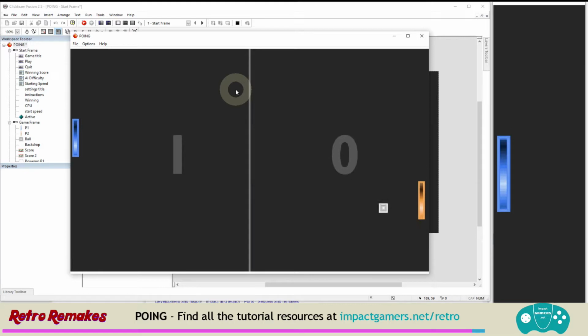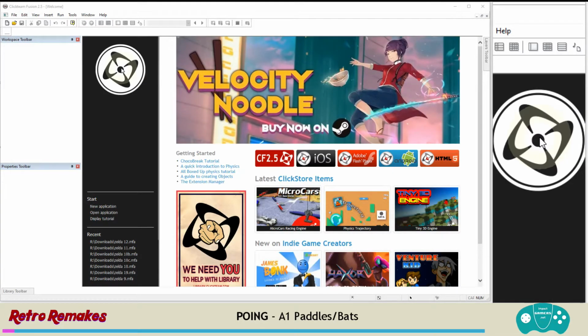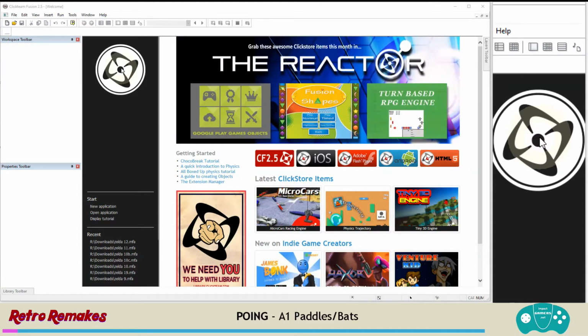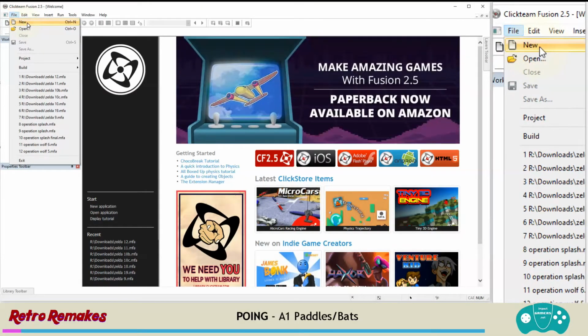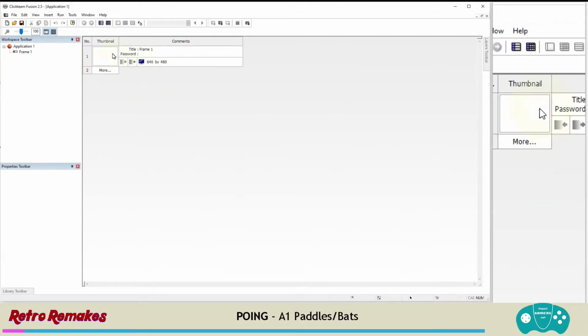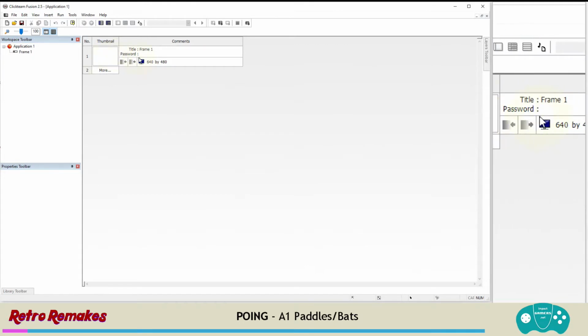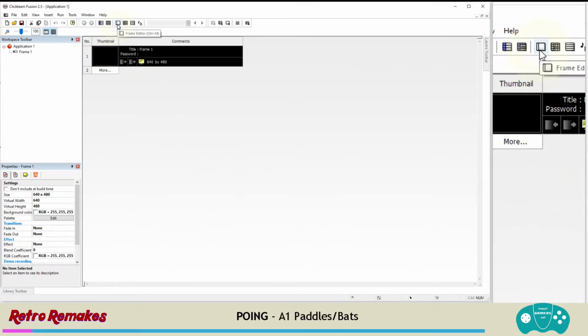Let's begin the tutorial. So I've loaded up Clickteam Fusion 2.5, the free edition, and we're going to start making the game. To begin, we're going to click on File and New to start a new application. And we enter the storyboard editor where we can see all the frames, that's our levels, laid out, and we've just got one of them. To enter it, I'm just going to select it, and that allows me up here to choose the frame editor. If I click on that,